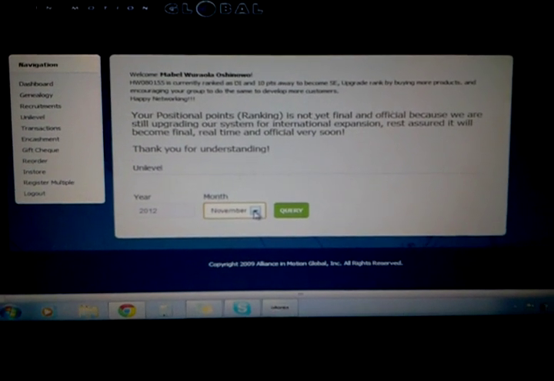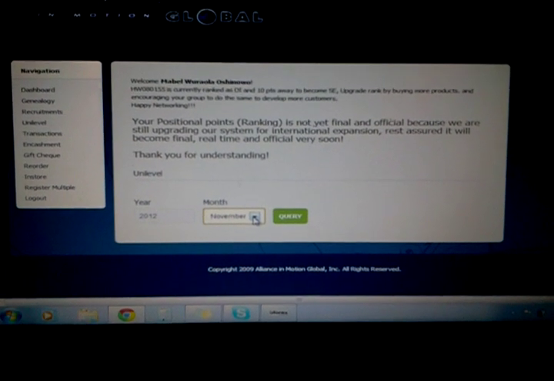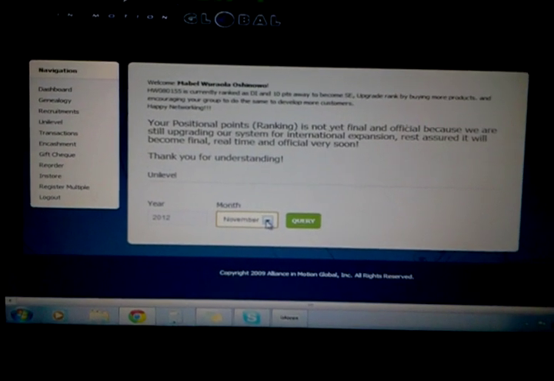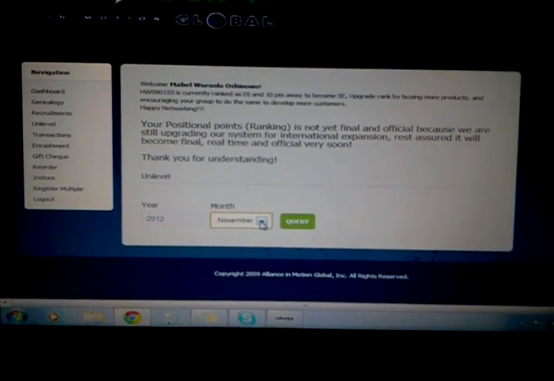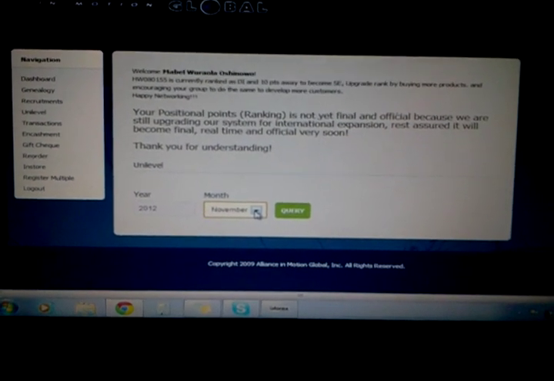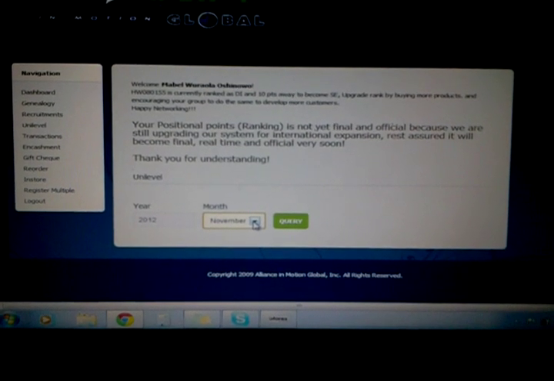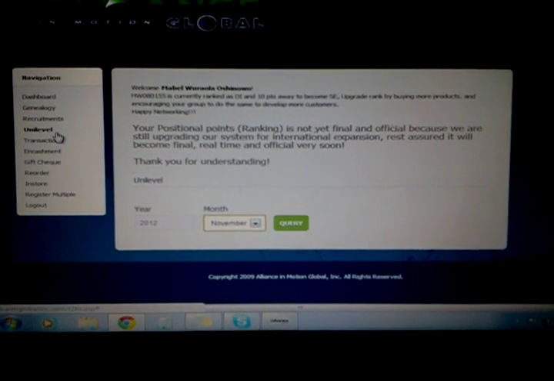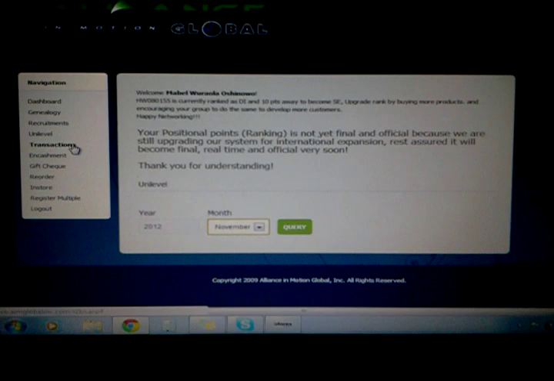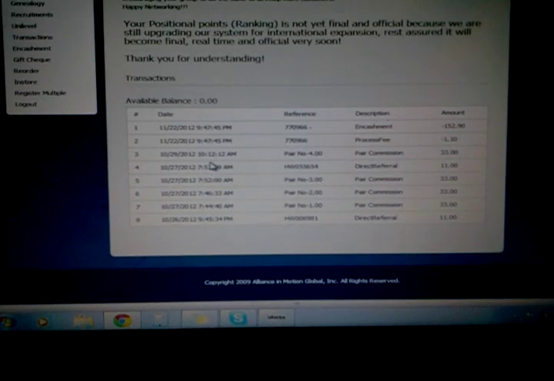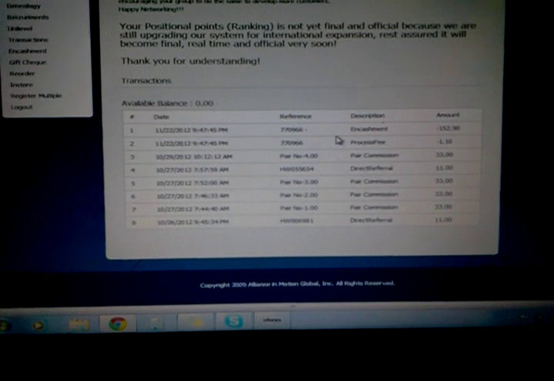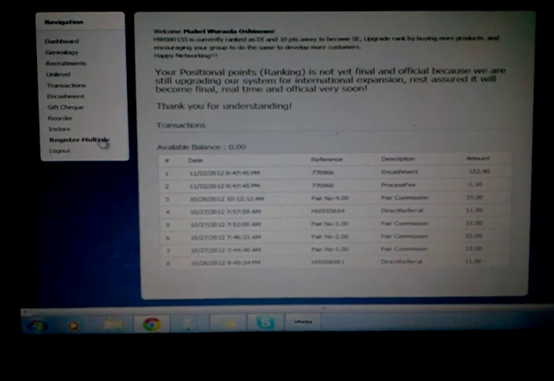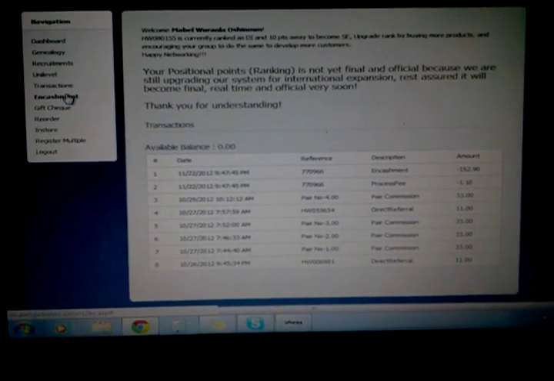as you purchase the product, when you have bought a product from the office, they will be giving you a code, again another code, just the product itself. Okay, and then you will see all of your earnings in the unilevel system. And then transactions, all of your transactions. So your commission, encashment, processing fee, all of the pairing bonus, all of what happened in your account, you can see in the transactions area.